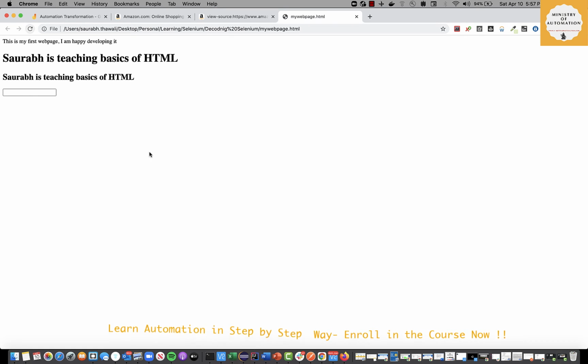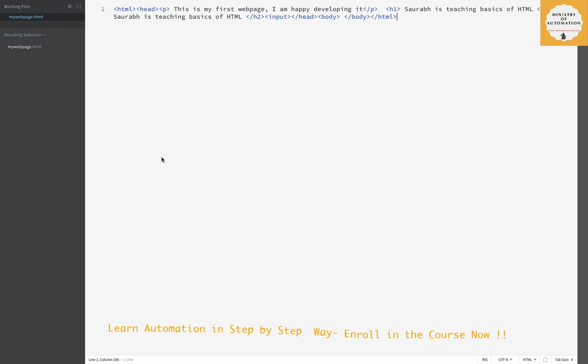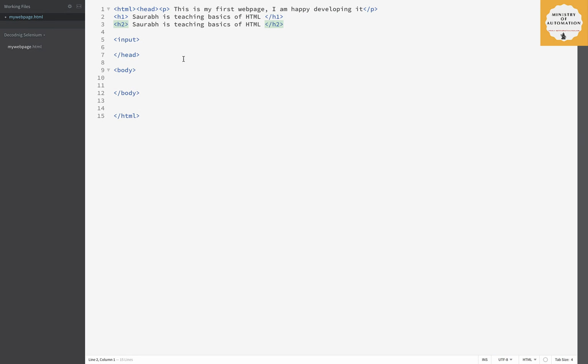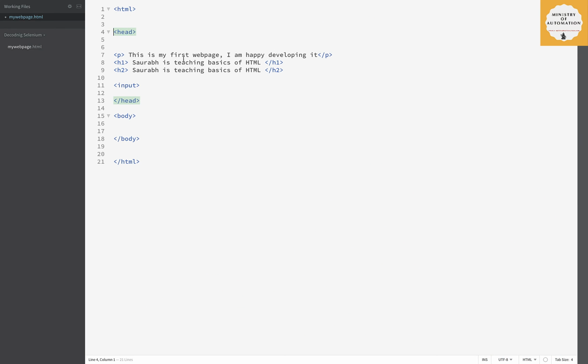Now let me refresh this page. Oh, there is no change. Why? Because, like I said, it's not dependent on where you write the HTML code. It is dependent on which tags you are using. Based on what tags you use, the information is going to be wrapped like that, guys. So don't assume that if I put 3 spaces in my code, it's going to display it like that. No, it's not going to be like that.